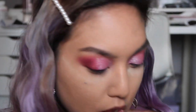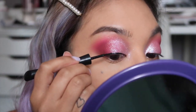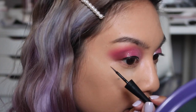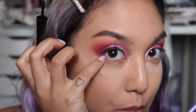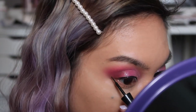We are putting on false lashes, so I feel like when you're doing false lashes, it's really important to do a liquid liner so that way you can hide the band, because I'm not a pro at putting lashes on, so it kind of hides all the flaws. Okay, so now for the wing part, I'm just going to pretend that this bottom waterline, just make a straight line as it's continuing out of your eye. Does that make sense? So here's my waterline, and I'm just gonna